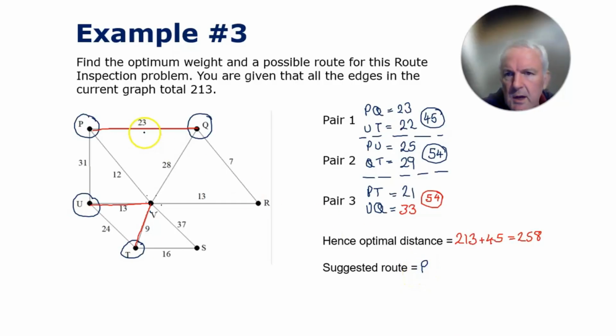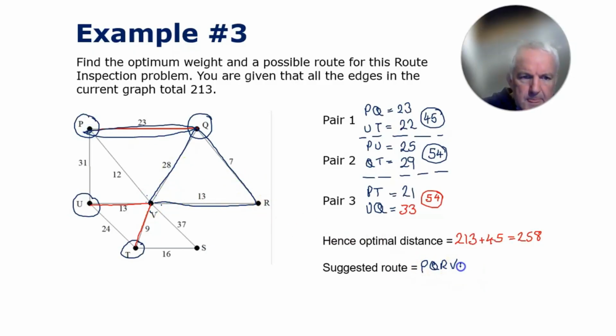Why not? So if I go to P, I'm going to go P down to Q down to R. So I've got to there, and I want to go across to V. So I'm going to go there to there, back to V, up to Q, and since I'm allowed to do this twice, I'm going to do it straight away there, across to P. What am I going to do now? Well, I want to go down to U. I'm going to suggest I'm going to go T to S,